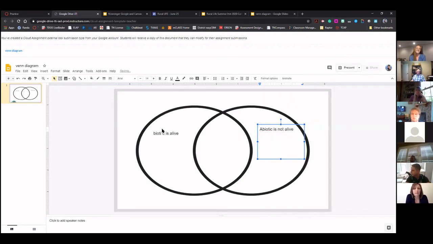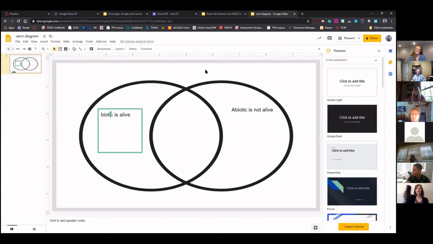There we go. Notice if I go back to my original Venn diagram, I can see what certain people are doing. I can see this edit because I'm logged into the same account on both screens. If I was on a student account, they cannot edit my original file.